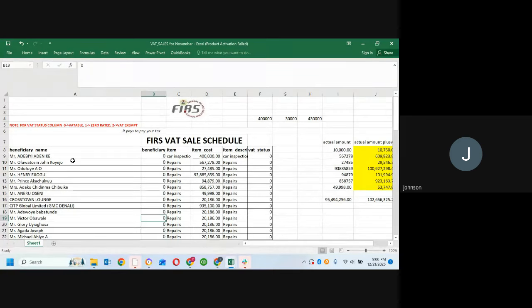Because you must always make sales. They cannot say you didn't make any sales in a month, except you are saying you didn't make any sales. So if you make sales and that sales is not vatable, they gave you an option here. This is where they give you the option. Look at the formula bar. They say note for VAT status column, which is column F, you should either put 0 when the sales for the month is vatable, or put 1 if the sales for the month is already